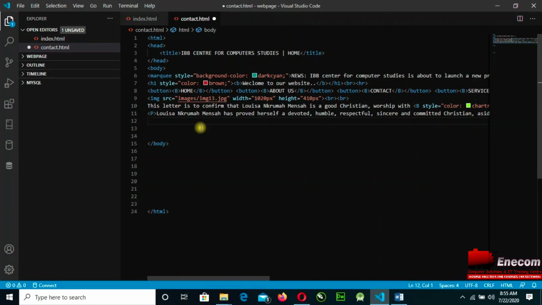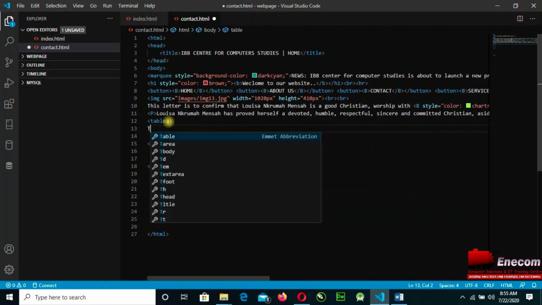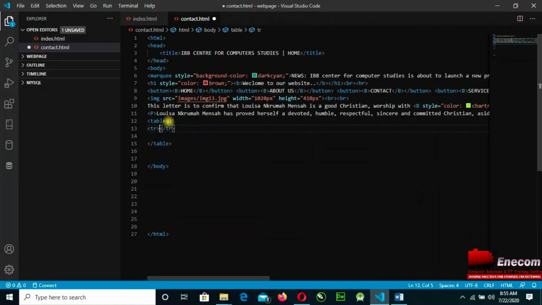So in the table command, as usual, as I did mention, our tags always start with this. Immediately you enter, you have this one, so you just have to create space in between. Then you insert what we have: table, we have something called tr. The tr gives us a table row. So the table row, what do you want to insert in there?